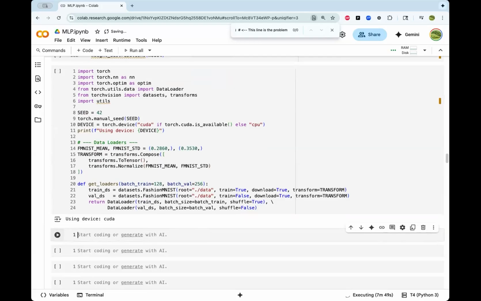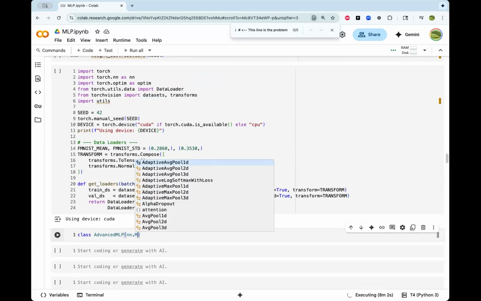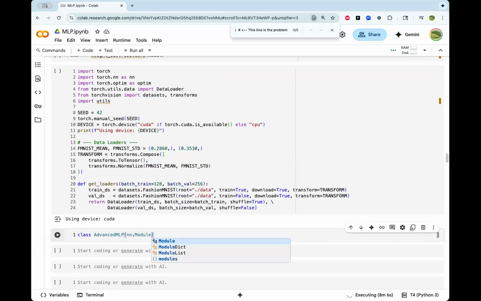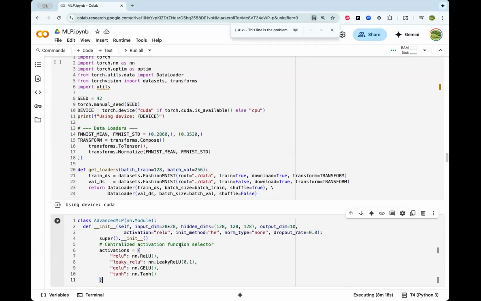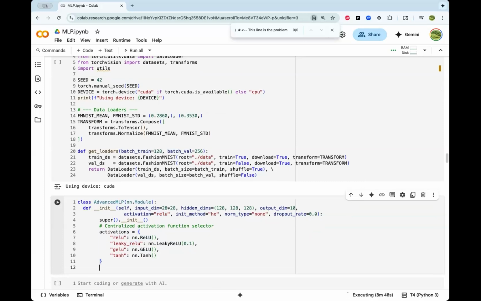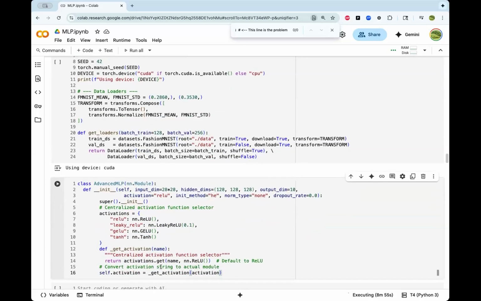So with that, let's go ahead and write our model class. We are going to call it AdvancedMLP. It's, of course, going to inherit all of the goodies in nn.Module. So this is the init method that I wrote, where I added a few knobs to turn, including the choice of activation, which allows for a string input. And these string inputs are mapped to the PyTorch version of it. So for example, we have a function like get_activation, which maps the choice, the string, to